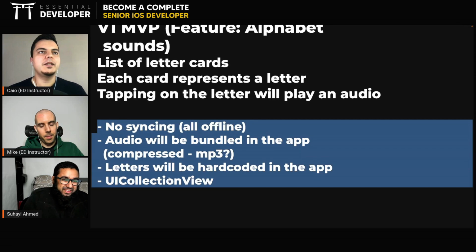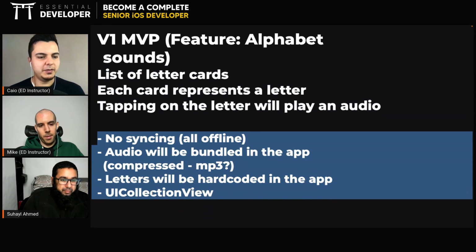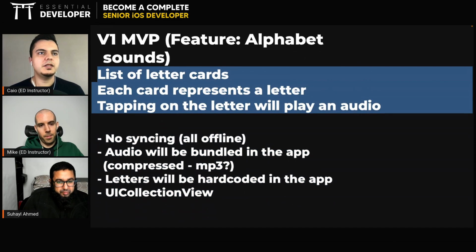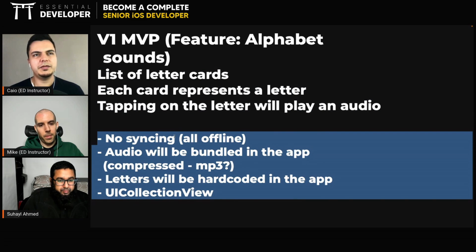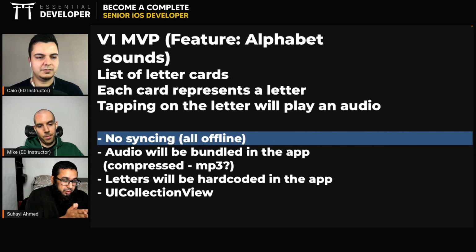All right, so we have some idea of the feature we want to implement. You see, it didn't take a long time to come up with the basic idea we want. This is the technical side of things. Everything will be offline, which is easier. Do we want at some point to have some kind of syncing coming from a backend or not? I think an eventual version of this app would. Look, there are two different things I'm thinking of. One is that this should work for multiple children within a household, so they should have their own progress within it.